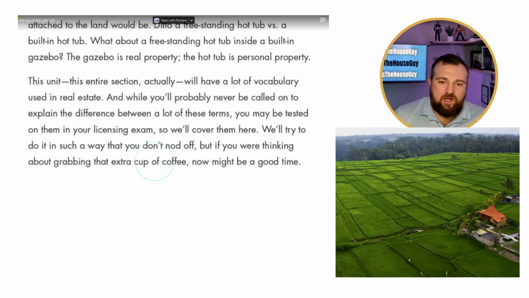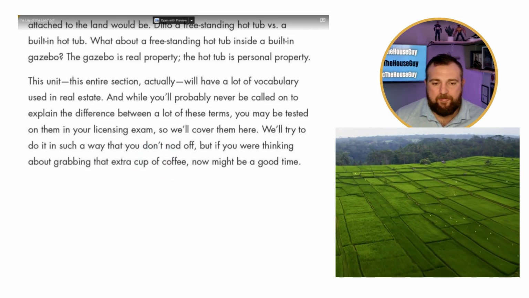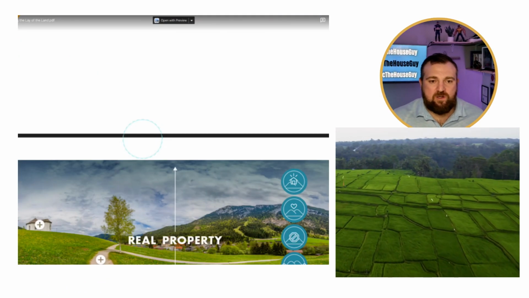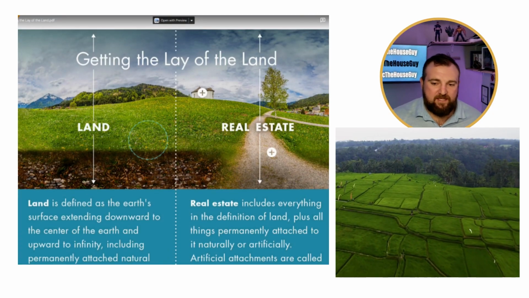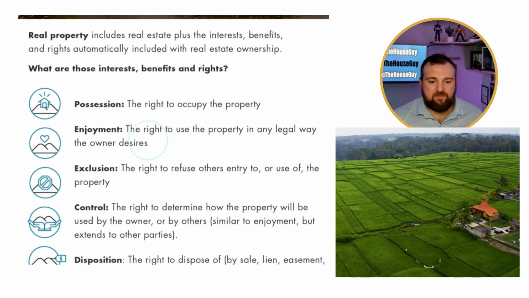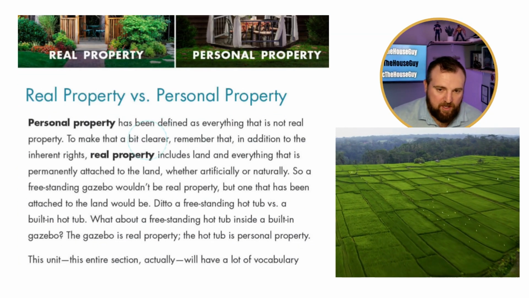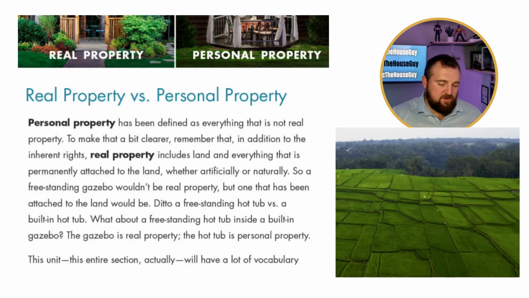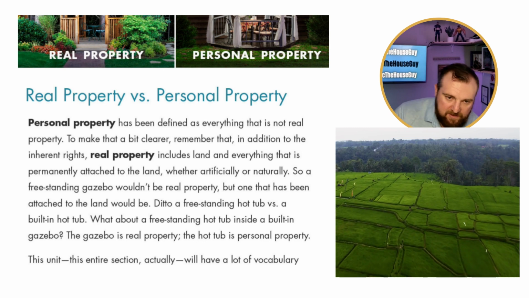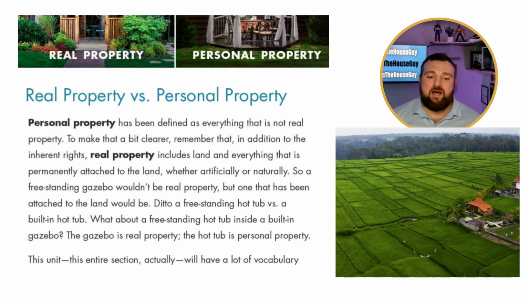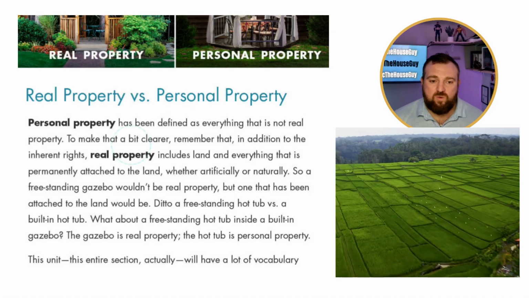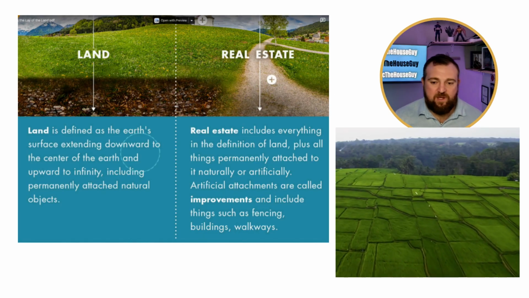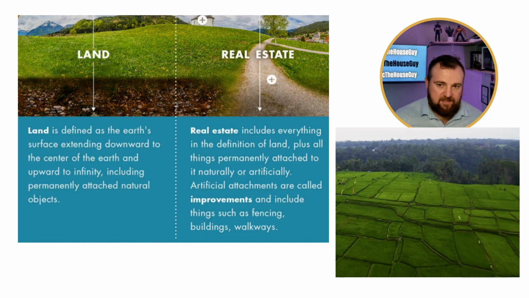Before I sign off, I want to make sure that you understand the difference between these different uses of words. So again, we have land, real estate, real property, and personal property. There's land. It's from the surface or the crust of the earth as deep as it goes to as high as it goes in the sky. And then there's real estate. And that's the buildings, everything we add to it. And those are called improvements.